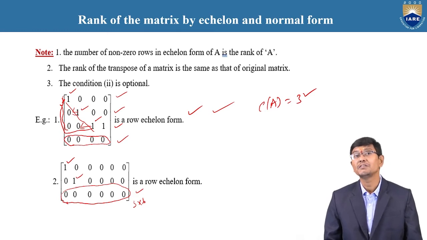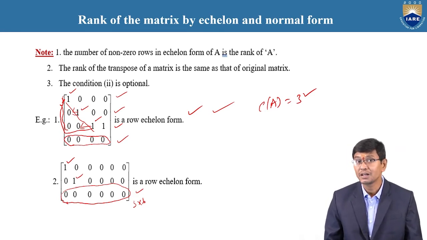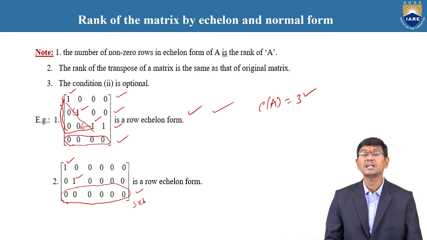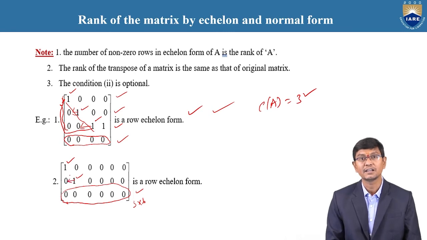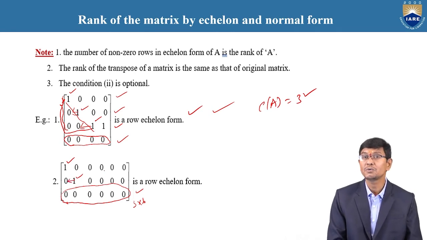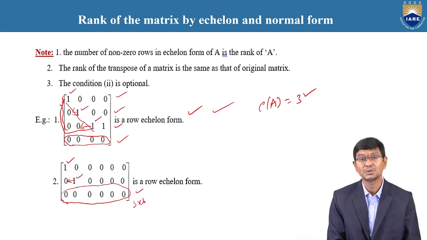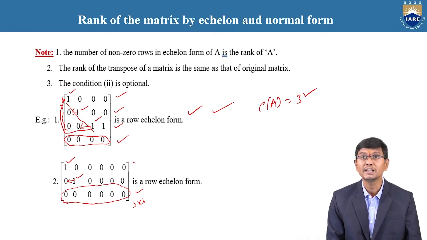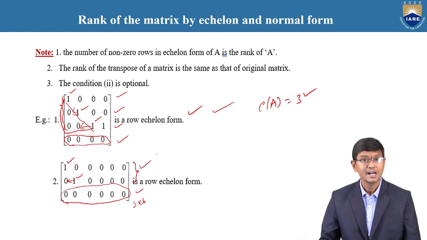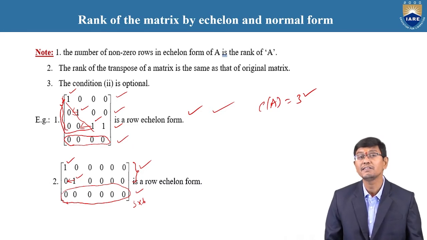Now we need to observe whether the third condition is satisfied or not. The third condition is that before the non-zero number, the zeros are in decreasing order from top to bottom. Even if you follow bottom to top, before the non-zero number the zeros are in increasing order. Therefore, finally, these three conditions are satisfied, so the given matrix is said to be in echelon form of a matrix.